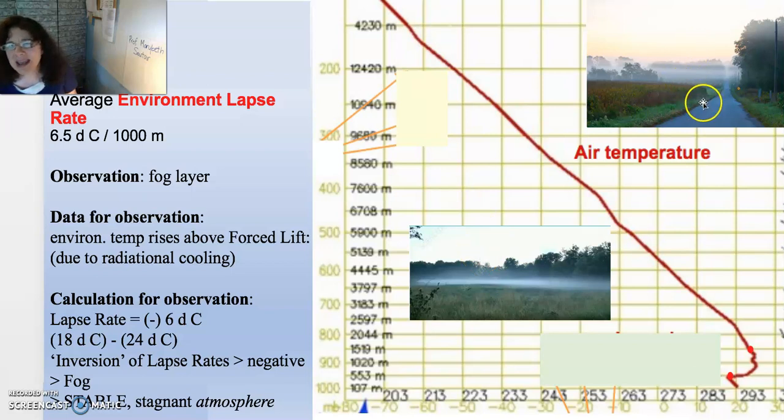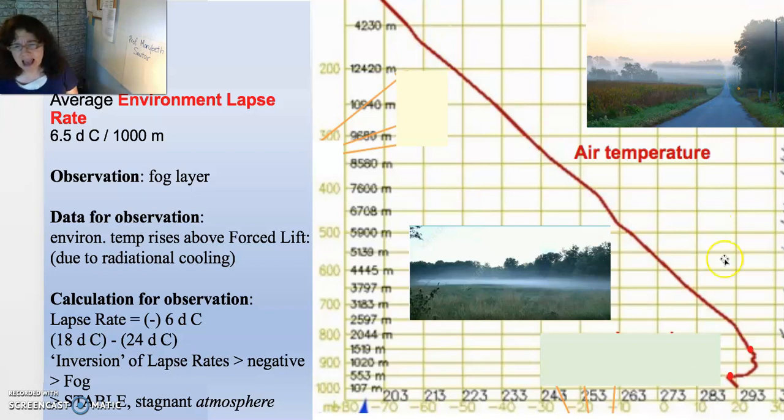In the same way here, this roadway emitted out very well overnight, and as a result you've got this fog a bit higher in this area. This area cooled here, met the dew point, and formed a fog. So you know that this was probably due to radiational cooling and conduction and convection in this area for the